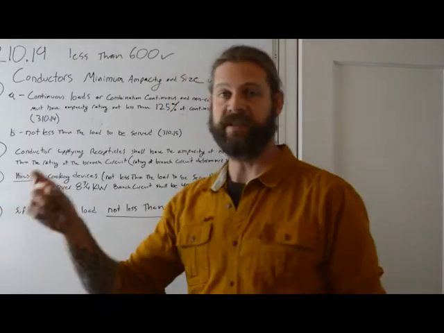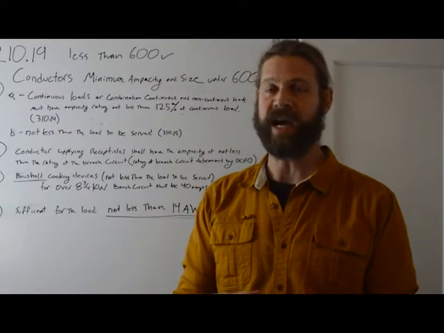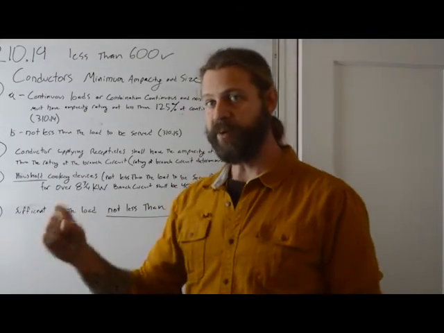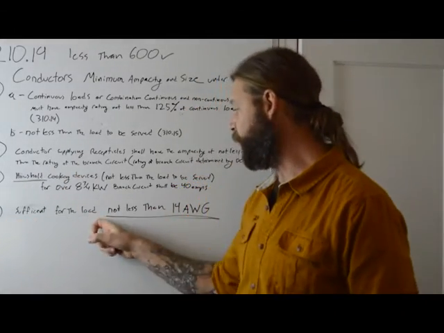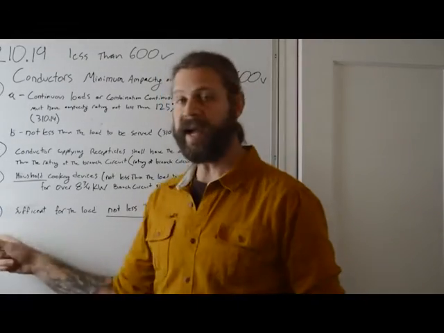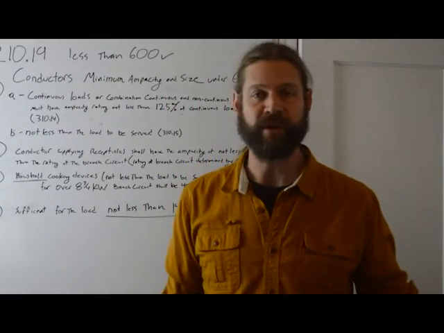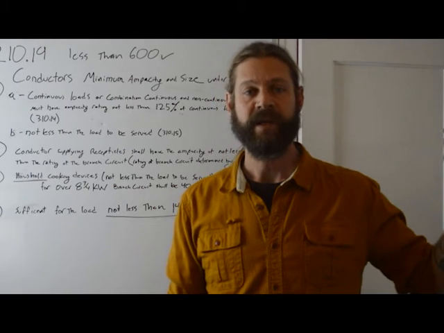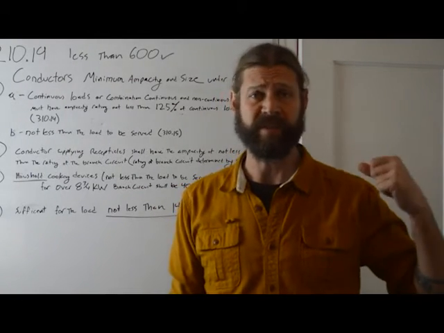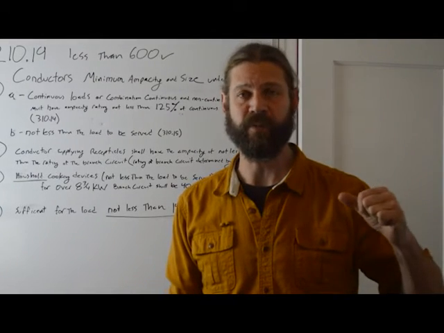Number 4, this is where we kind of get this minimum 14 gauge wire thing. Any branch circuit has got to be sufficient for the load, not less than 14 AWG. So whereas an 18 gauge wire can probably hold 5 or 6 amps, and your load may be 1 1/4 amps. Say you have some LED lighting in a room all on its own breaker, you're only going to be